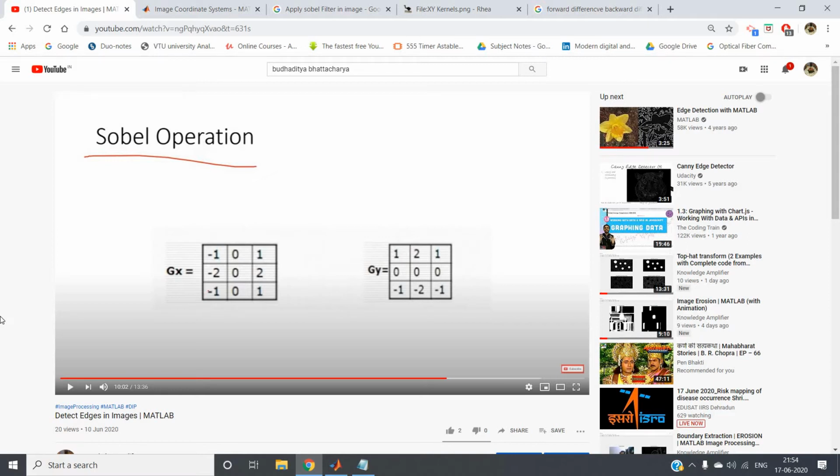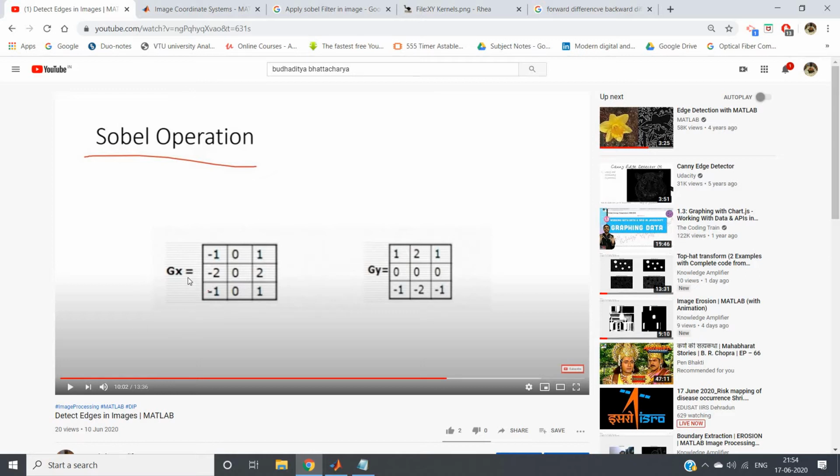In my previous video I discussed how you can detect edges in images using the Sobel, Prewitt and Canny edge detection methodologies. The code I showed there was based on the inbuilt functions present in MATLAB. Those functions are good for making projects or getting edge detection quickly, but to get a feeling for the actual algorithm and theory, the best way is to implement the code from scratch. That's the example I am going to show you in this video.